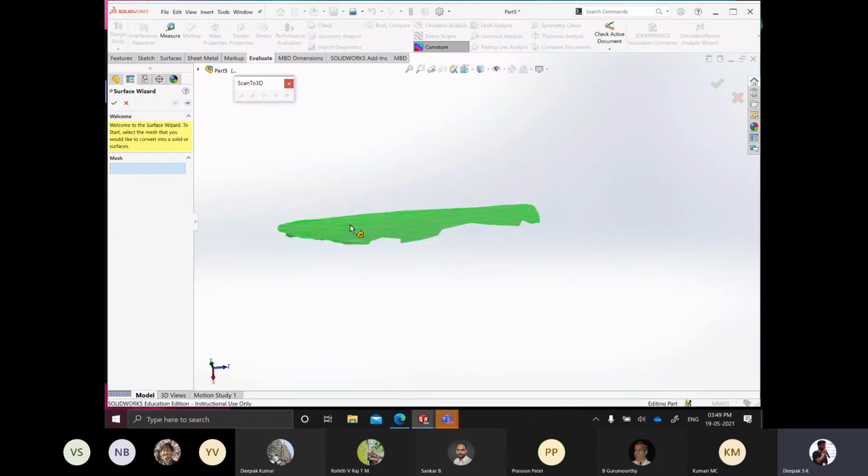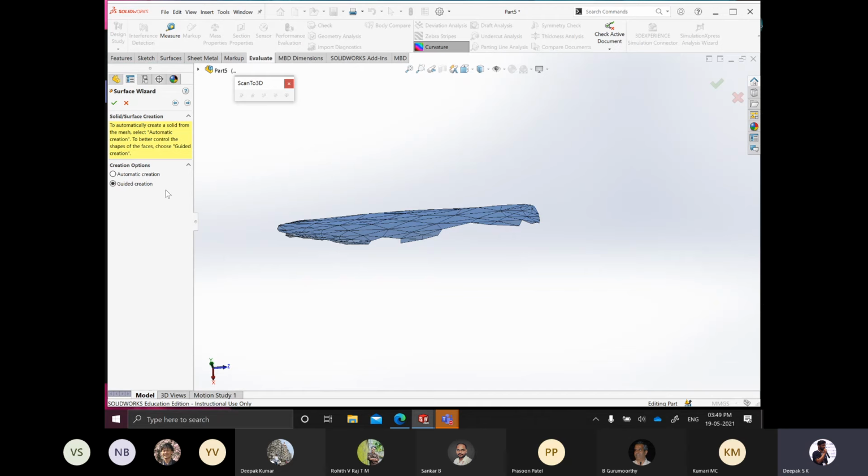Like in surface wizard, you get 2 options. One is the automatic and one is the guided creation. Now automatic, I have already told you how it is happening. Now guided creation, what happens is SolidWorks has a definite set of operations with which all surfaces or all bodies in SolidWorks are created. For example, extrude, revolve, loft, join two surfaces, trimming them, and so on and so forth.